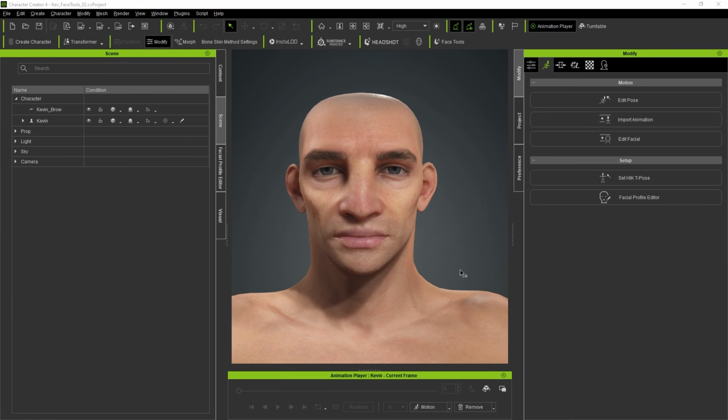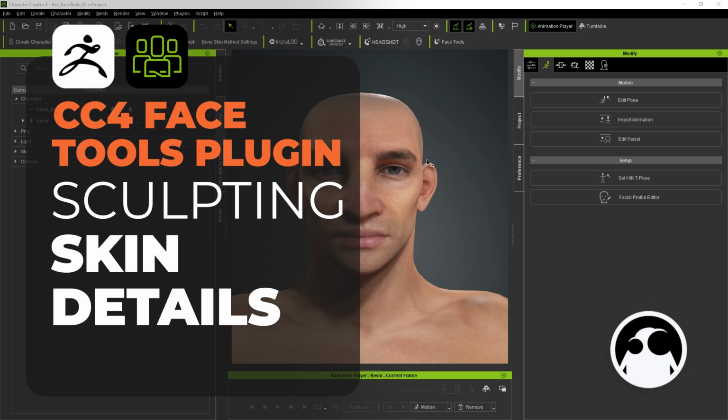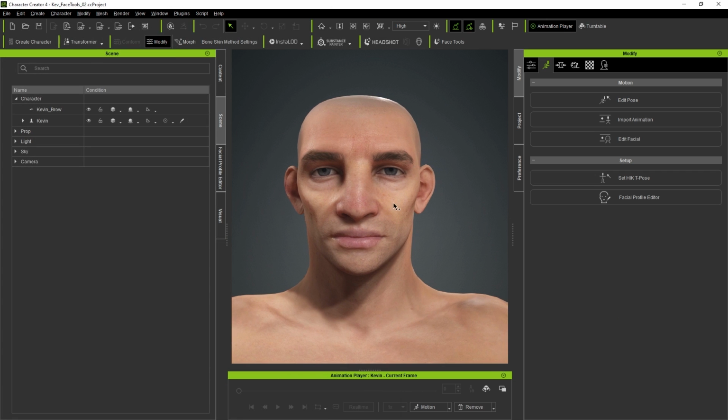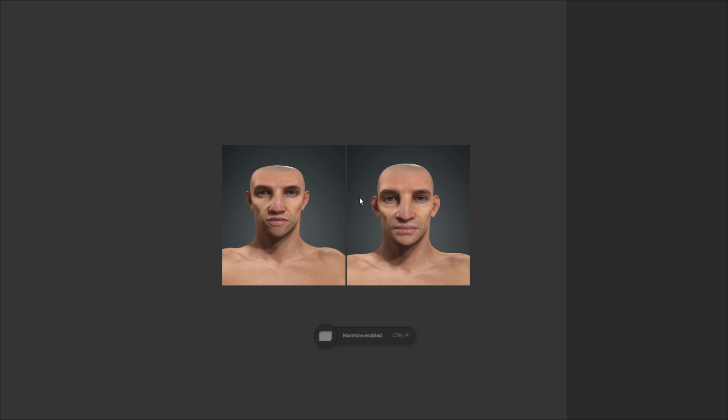Alrighty, so here is where we left off from the second video in the series. I actually went ahead and tweaked things a little bit, just because I think I was going a little bit too extreme in terms of the stylization of the character. So this is what I ended up with. Let me just show you a before and after so that you have a rough idea of the changes.